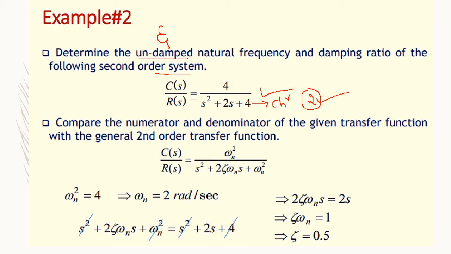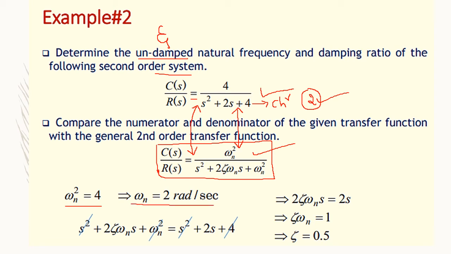Now I can apply this standard formula only for the second order system, not for the first order or the higher order system. And the first thing is I need to compare the given equation with the standard equation. If the format is same, then it is easy for us to solve the problem. If the format is not same, then I need to make sure that the format looks like the standard format. Now in this case, I can easily compare these two equations and I can say that omega n square is equal to 4. So omega n is 2 rad per second.